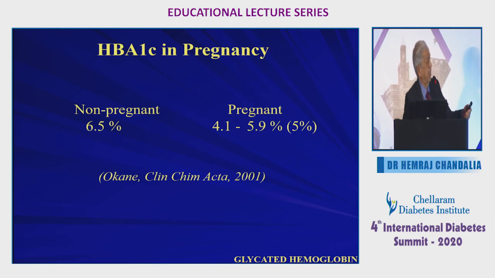In spite of that, if you standardize A1C in a large number of pregnant population, diabetic or non-diabetic, then you have really established the normative data. And this is what has been done, notwithstanding the limitations of this estimation in pregnancy. And non-pregnant, we consider when it is 6.5, the controls. Pregnant really, ambient blood glucose is low in pregnancy.